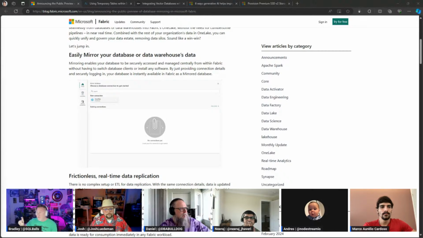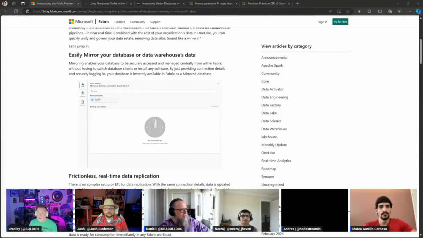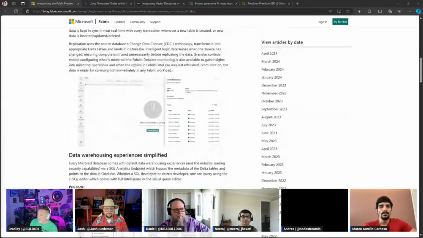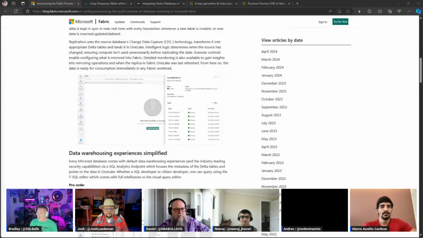With this, at the flip of a button, whether we want to do it in Azure SQL, Cosmos Database, or Snowflake, we can turn on replication that replicates our changes in our OLTP environments to Microsoft Fabric in real time. Frictionless real-time data replication. Charles is showing us doing this from a Snowflake database. So anybody who has Snowflake that would like to get their data into a Fabric environment so we can consume that data with Power BI reports, not only can we do that, but as you're uploading and ETLing that data live, it's going to land in a mirrored database that we can use.